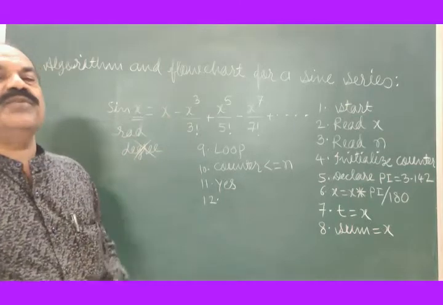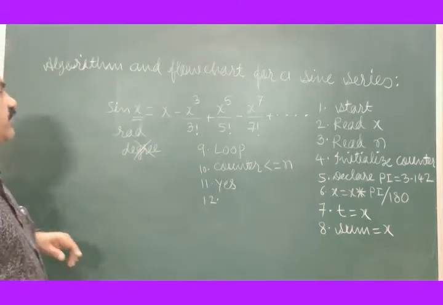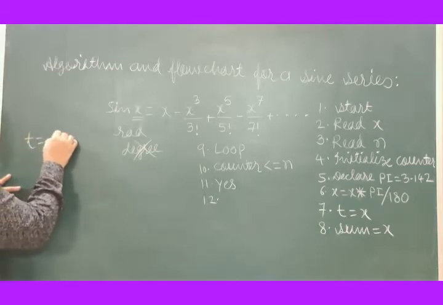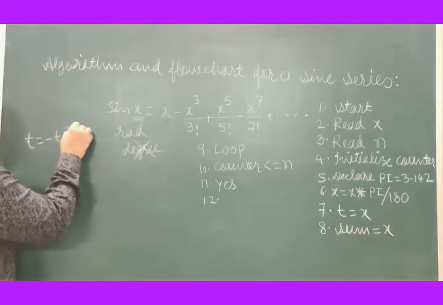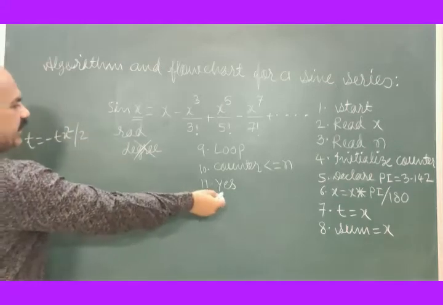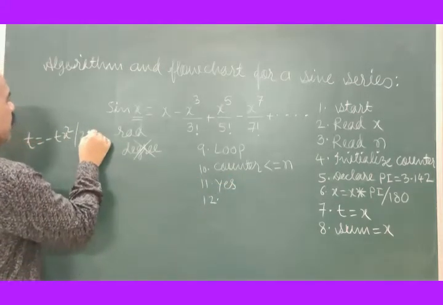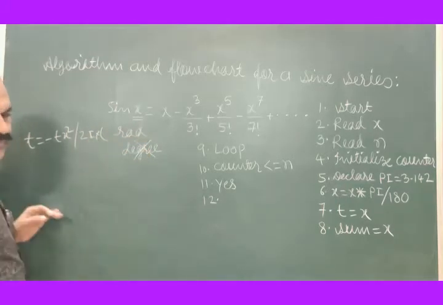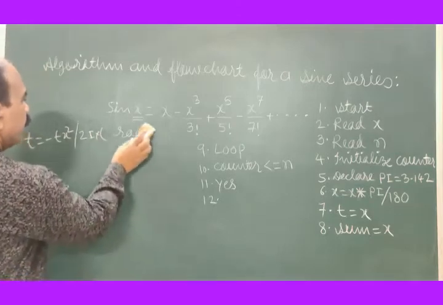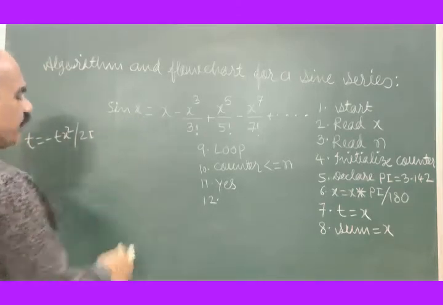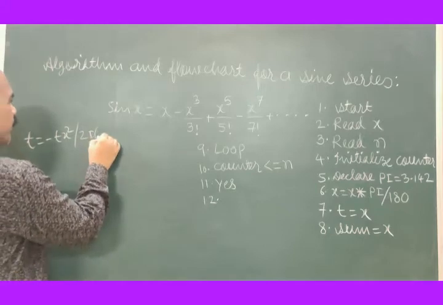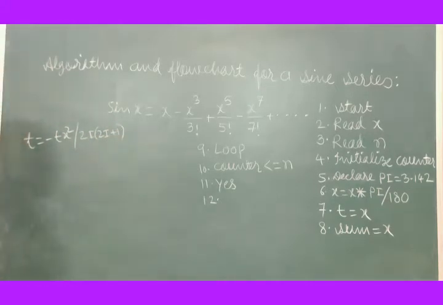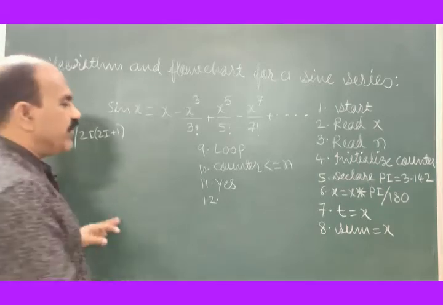find the value of next term. And what is the formula? The formula is this: term is equal to minus t x square divided by, if this is the counter I, 2I into I plus 1. So formula for t: